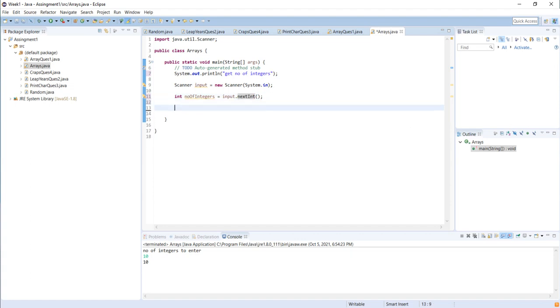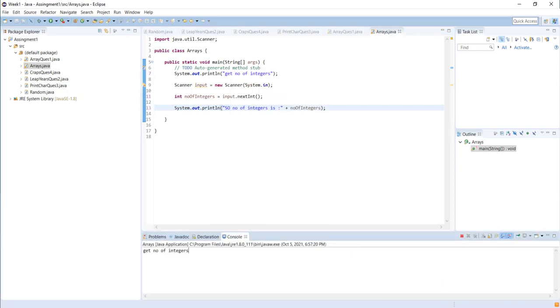Right now I'm going to quickly show you the number of integers. I'll try running this.